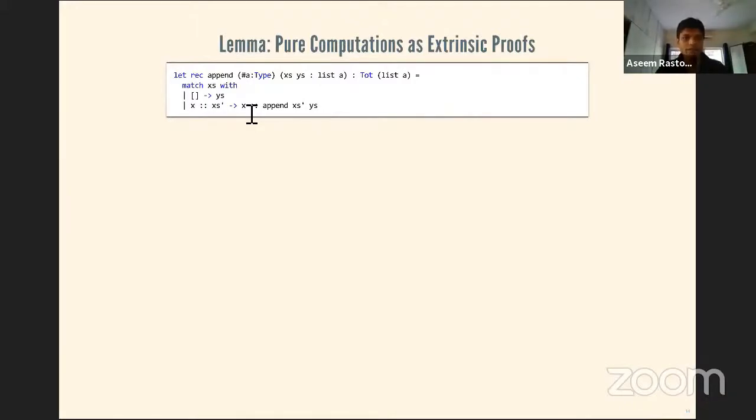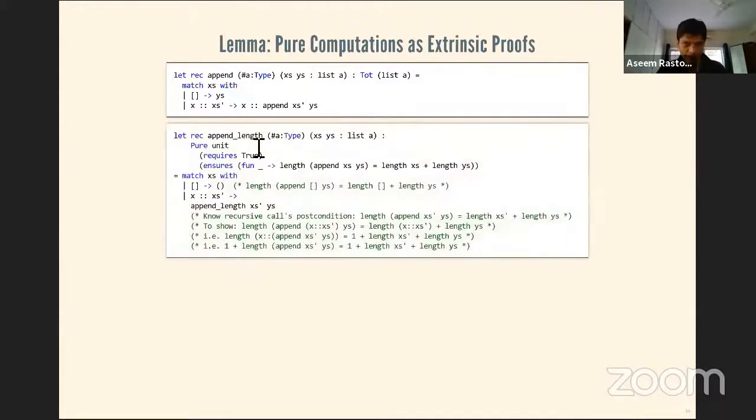Now, one property that I may be interested in proving here is that the length of the returned list is equal to the sum of lengths of xs and ys. And if I wanted to prove that, I can prove that separately as a function called append length. This function is a pure function. It returns unit, which means that unit is a type that has only one inhabitant, the unit value. So this type really has no information. Its return type has no interesting payload. But in its post condition, it tells me that length of append xs ys is equal to length xs plus length ys. And the way this proof is going to work is we are going to reason about the definition